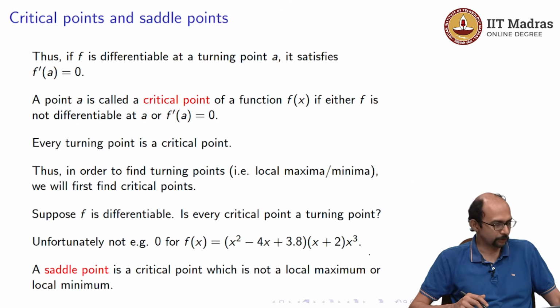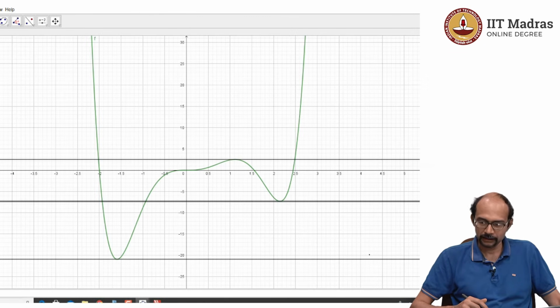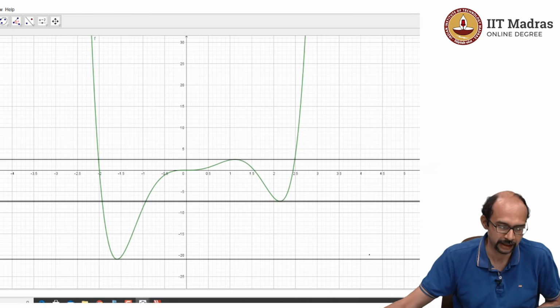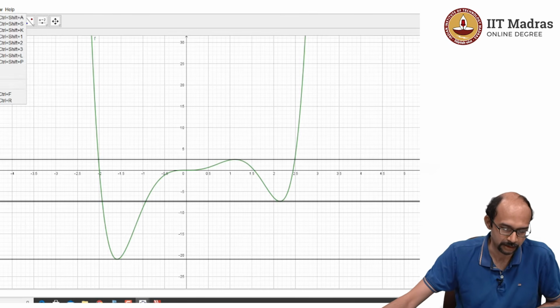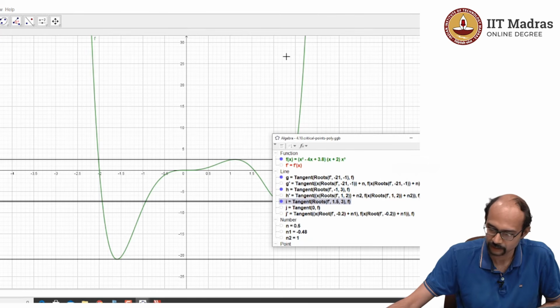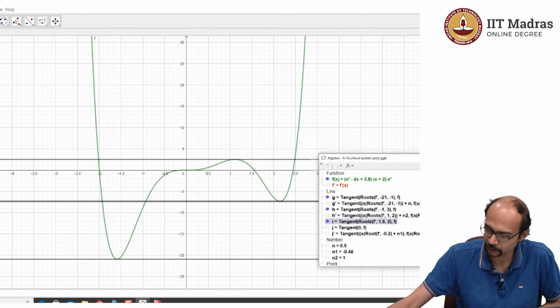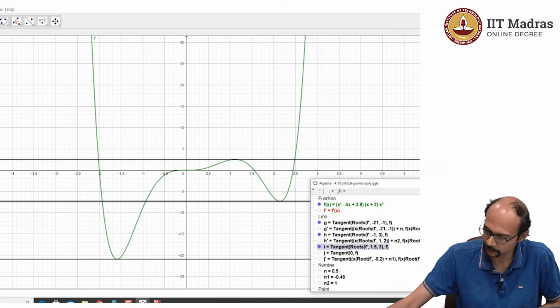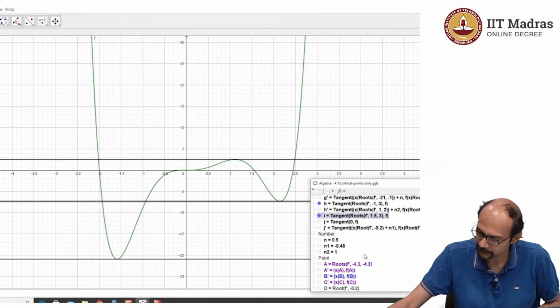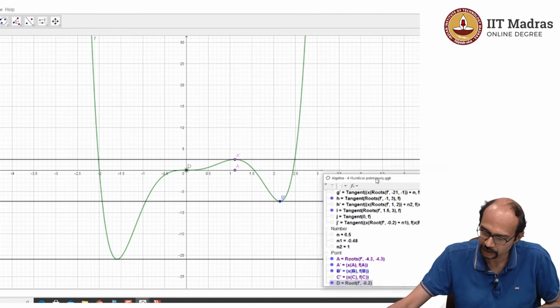So, let us look at the picture of this function. So, here is the function that we had. f of x is x square minus 4x plus 3.8 times x plus 2 times x cube, and let us draw all the points. So, here is a local maximum, and maybe corresponding to that local maximum we have the corresponding value. Here is your local minimum, the point B prime, and here is the point (0, 0), which is a saddle